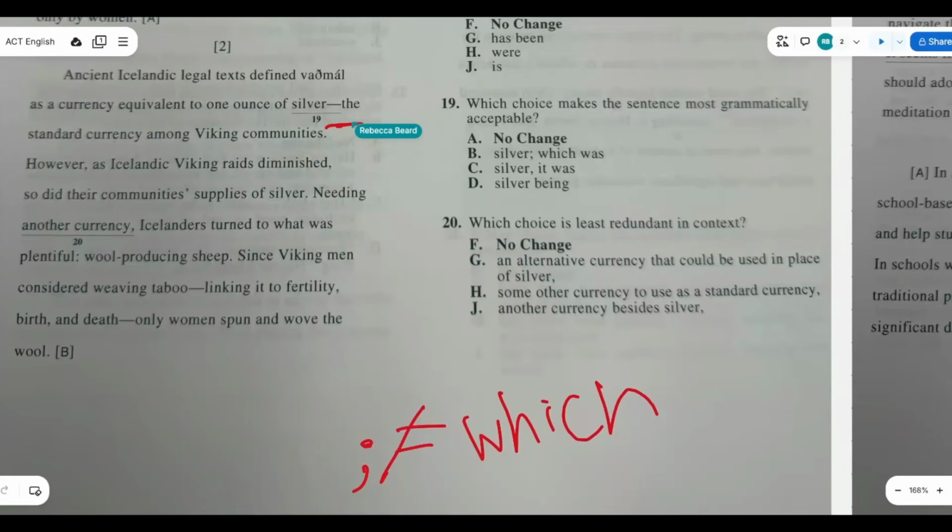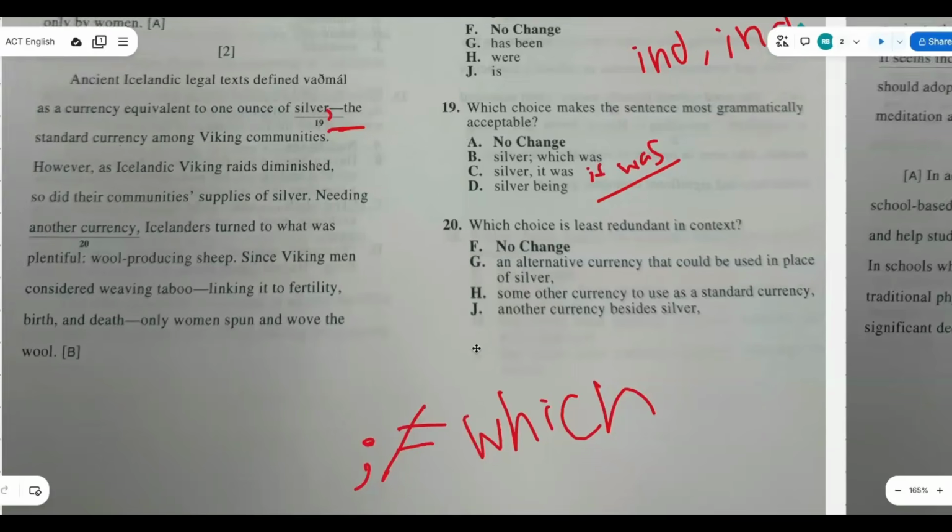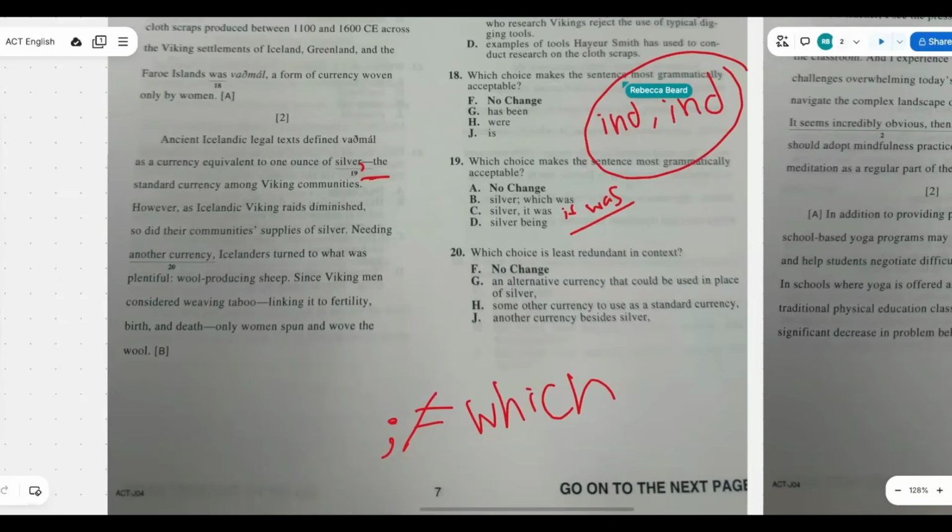So if we have a comma here, the ancient Icelandic legal text defined a V as a currency equivalent to 1 ounce of silver, the standard currency among Viking communities. But here's the kicker: what they're actually adding in is it was. And when you're doing that, you are connecting two independent clauses with a comma, which is also a big no-no. So when you add it in there, that's going to make it two independent clauses, and we are going to scratch through C. And then we've got to 1 ounce of silver being the standard currency among Viking communities,